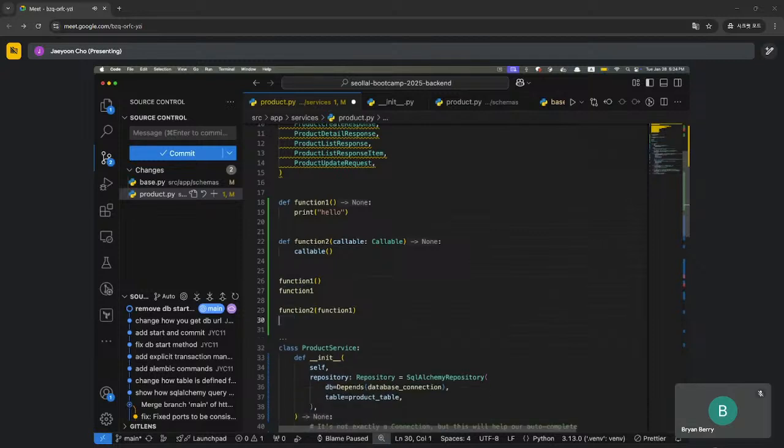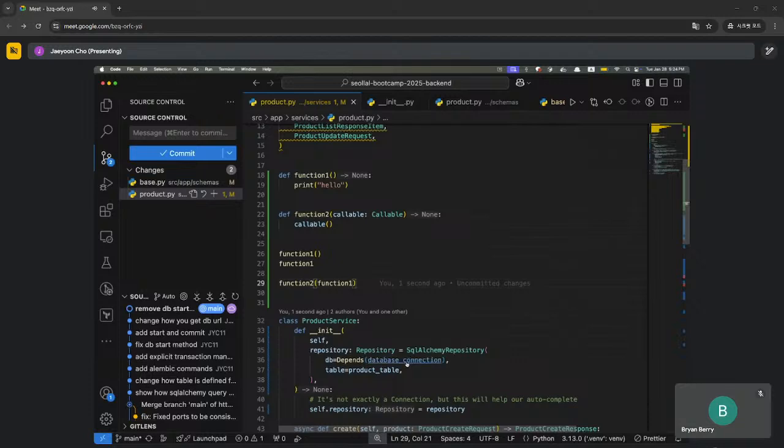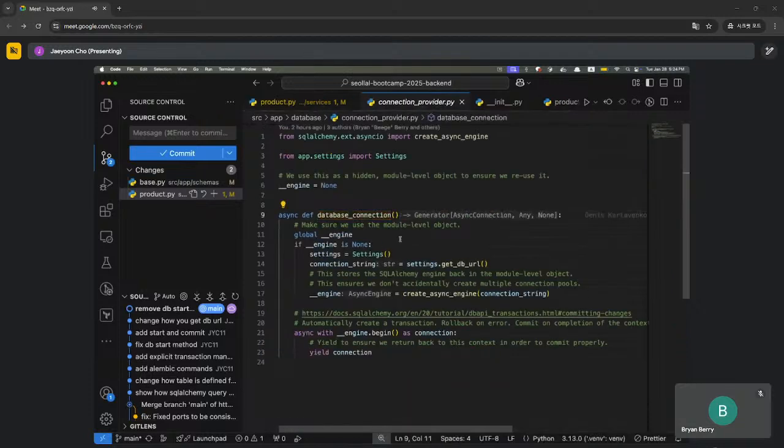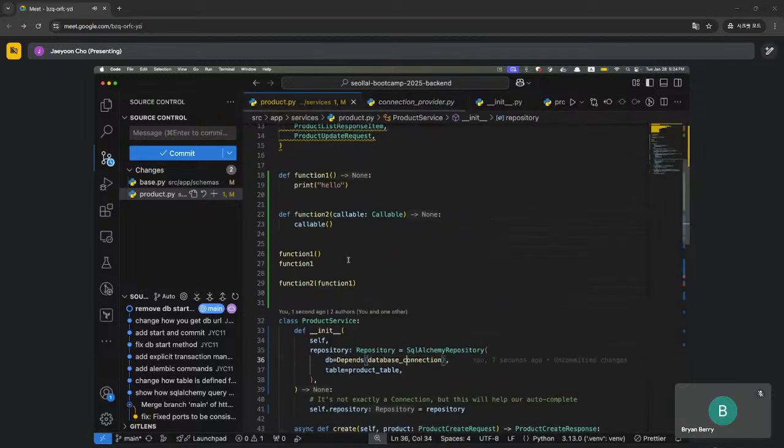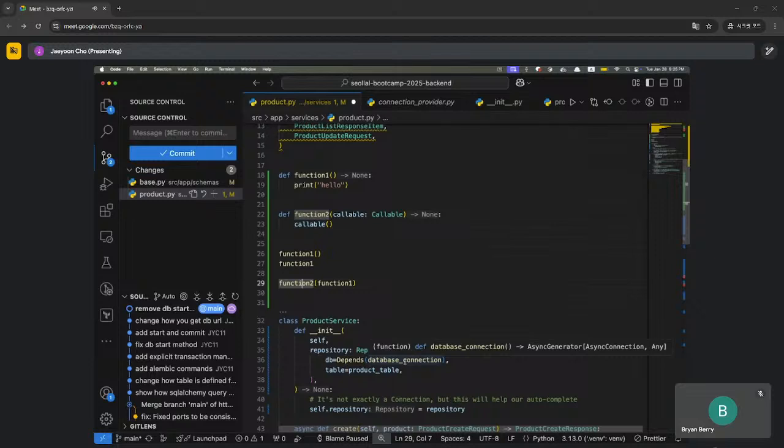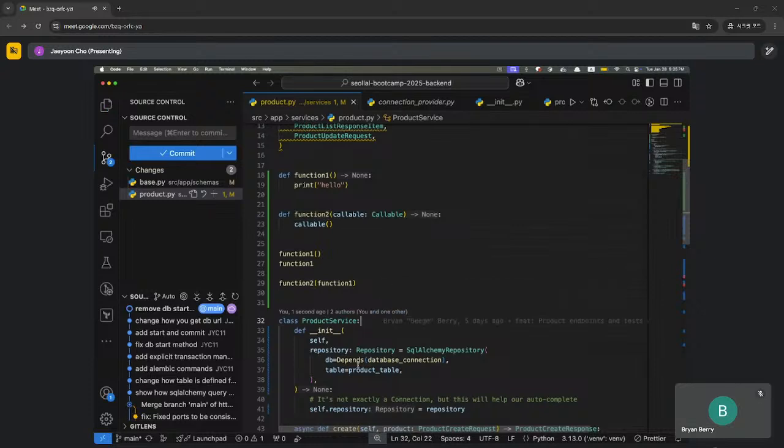And if you've observed how Depends works, right? This database connection is a function, and we passed it inside this Depends without actually calling it. We just passed in this, just like this. It's the exact same way, right? So what FastAPI will do, what FastAPI will do is,